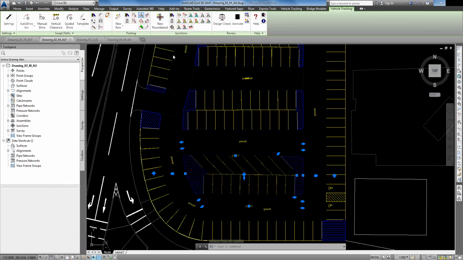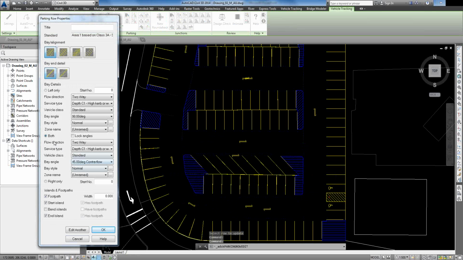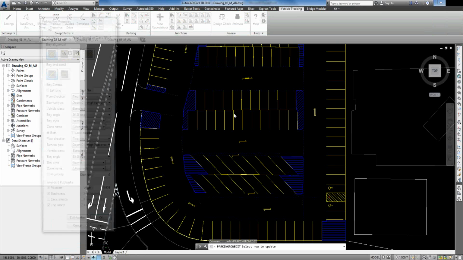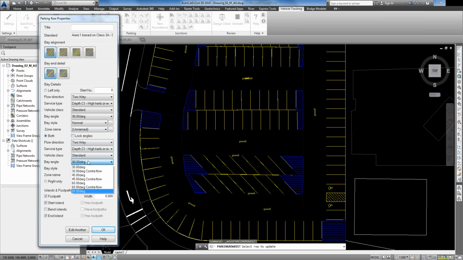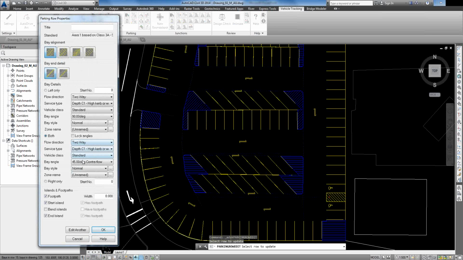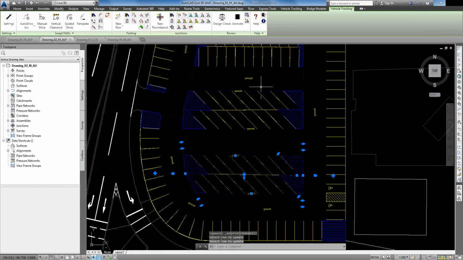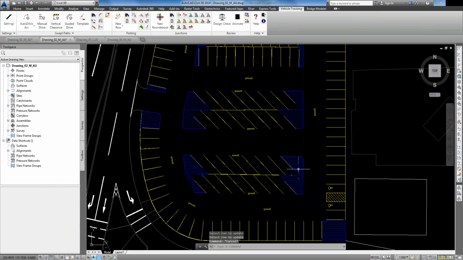or I forgot to modify this other side. So here we've got both, we've got left only. So what I need to do is change this one here to that as well. Edit another, go through. Okay. Go OK. Now we've made our modifications, but we really need to see how that impacts on the number